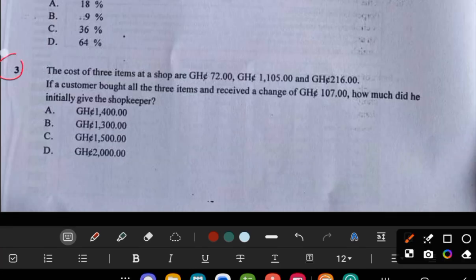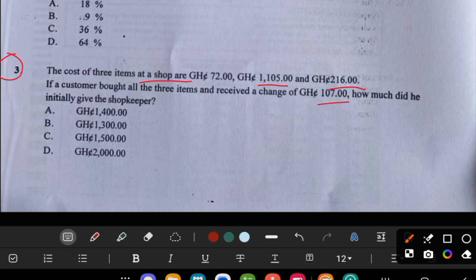The cost of 3 items at a shop are 72 cedis, 1,105 cedis, and 216 cedis. If a customer bought all the 3 items and received a change of 107 Ghana cedis, how much did he initially give the shopkeeper? Now, first of all, take note that this BECE and the questions are serialized with the objectives. So the order in which you are seeing this might not be the order you wrote, but it's definitely the same questions. You know, when questions like this are given to you, and then the figures look very huge, try to